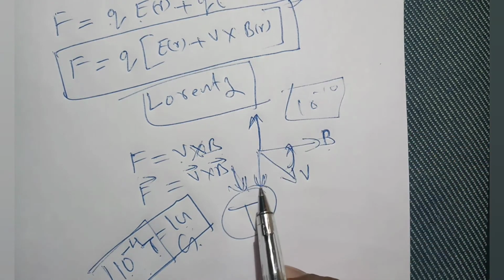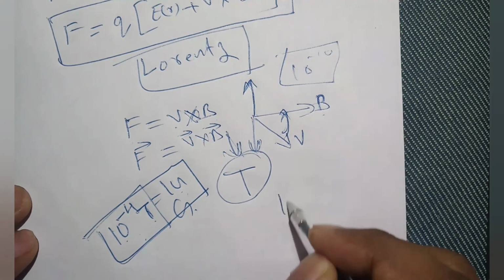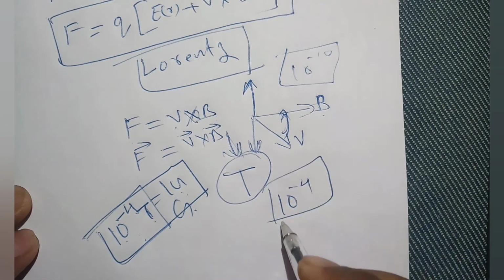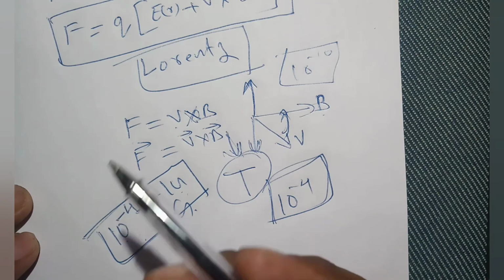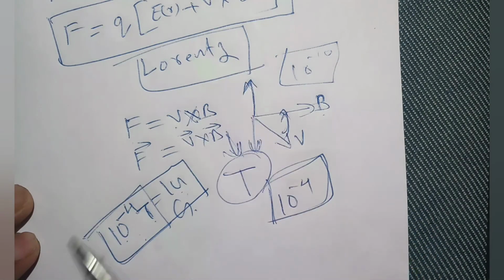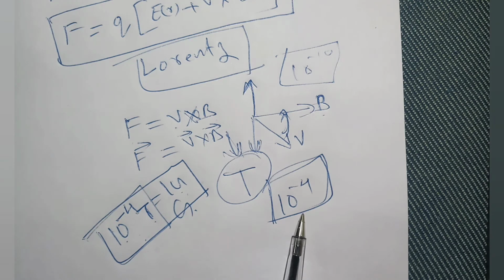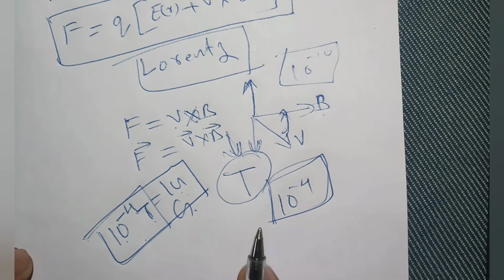I think you got almost an idea of how much 1 Tesla is. 10 to the power minus 4 Tesla means it is something like the Earth's magnetic field. If you suspend a small magnetic needle, it can slowly turn. For that slow turning, we need something like 10 to the power minus 2 Tesla. And the small bar magnets which you are using will be in the range of 10 to the power minus 2 Tesla. So that will be the almost value of the magnetic field.